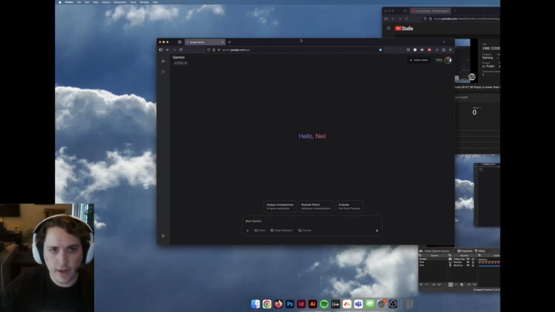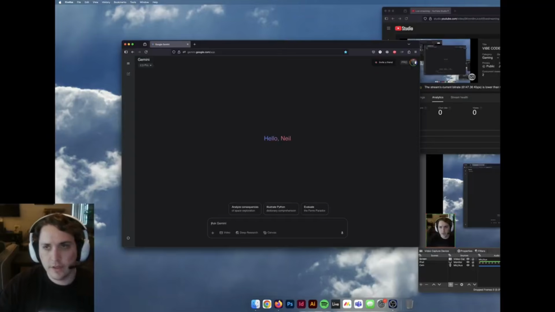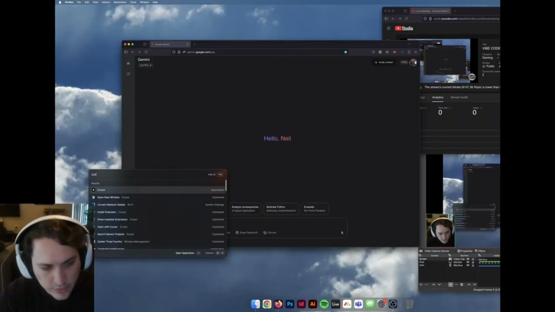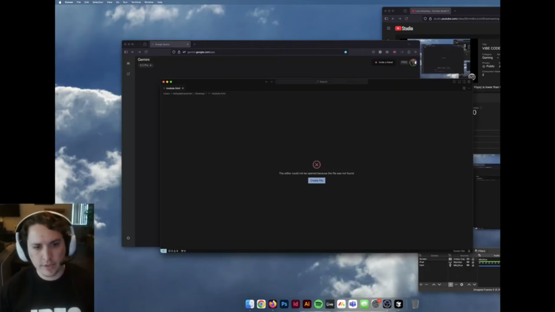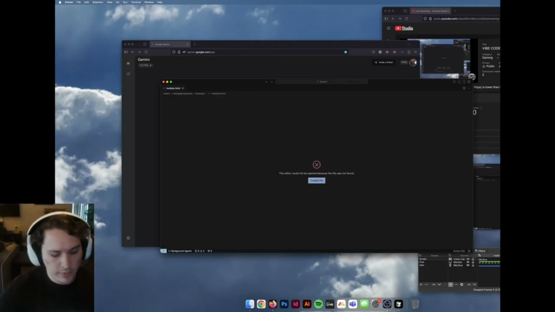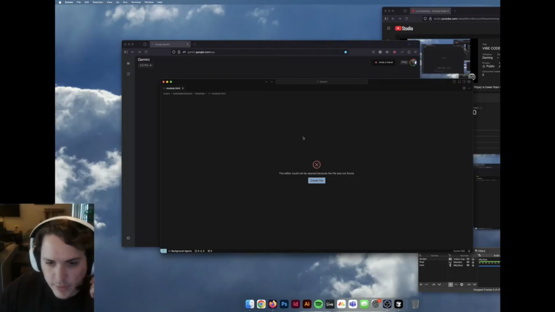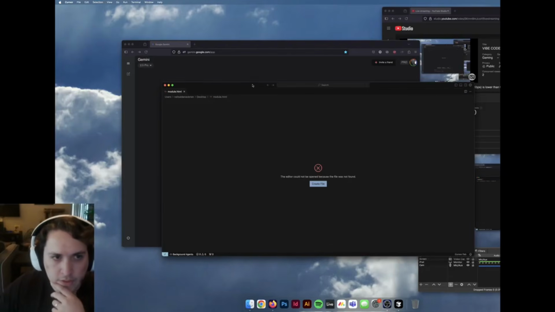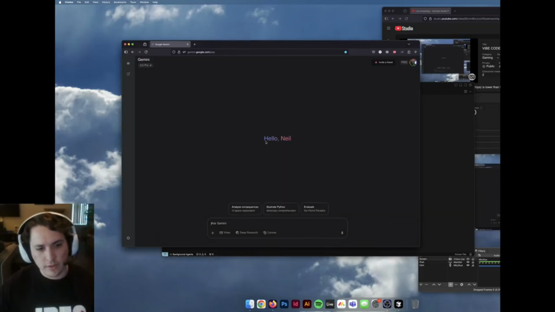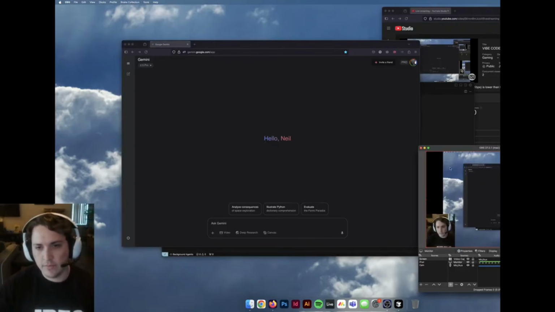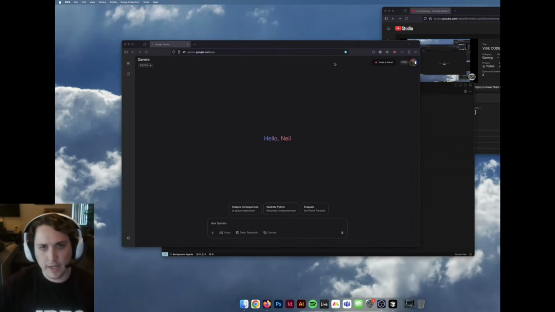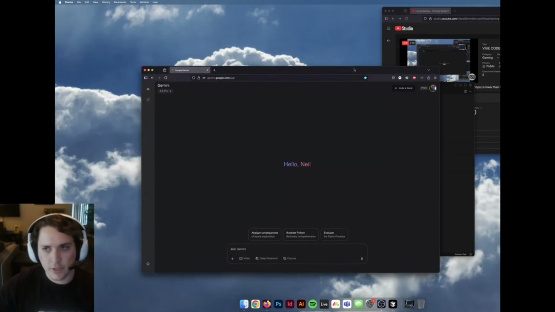So the first thing I have is Google Gemini open here. I also use Cursor for the coding. I don't use the AI part of Cursor because I don't want to pay for it, but it's a great way to manage all of your files, because you do need several files for this. The short version is you can basically create any sort of video game just by prompting Gemini